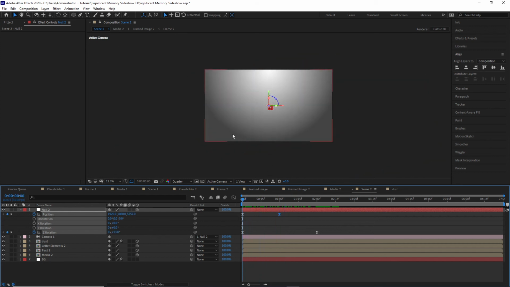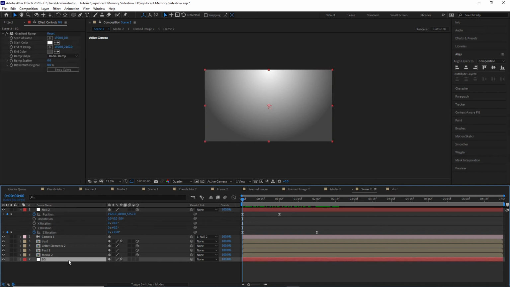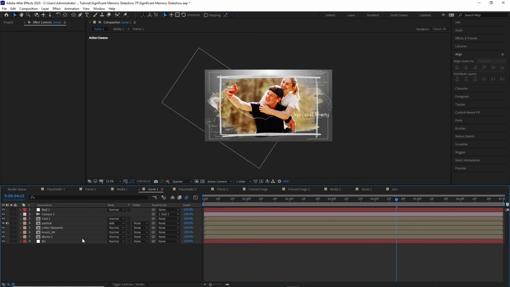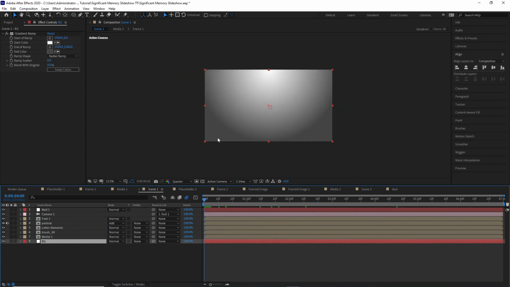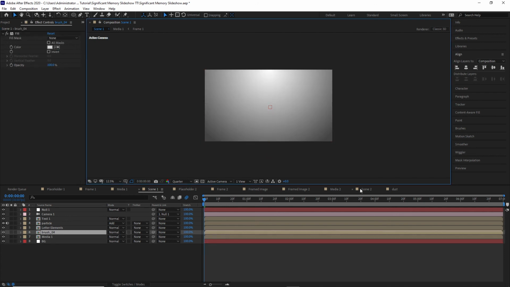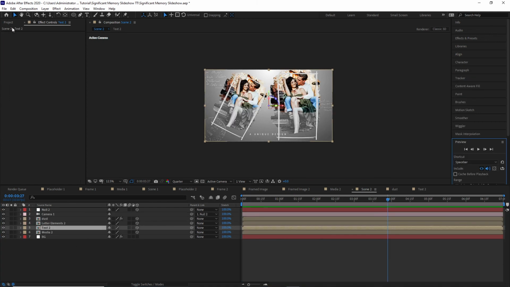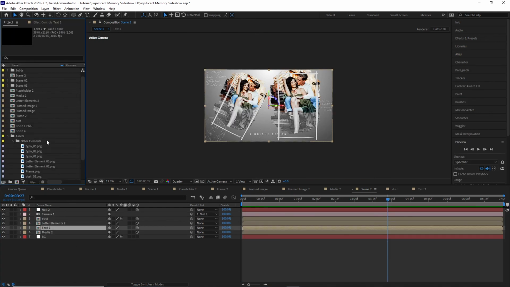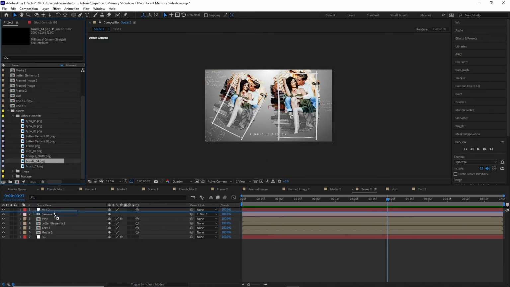Because we don't want this halo looking gradient, I will just go back to my background, change this end of ramp, increase the amount. Go back again to the scene 1 and check this background, let's see. Yeah, all we have to do is to again go to end of ramp, increase the amount, and go open the scene 2 again. Add a brush on it, open the project panel, drag down this brush 04 into the